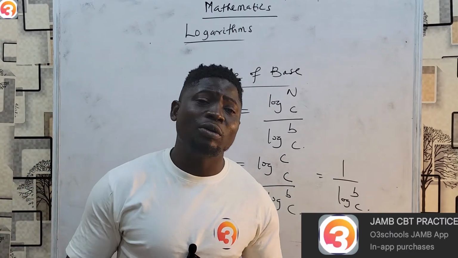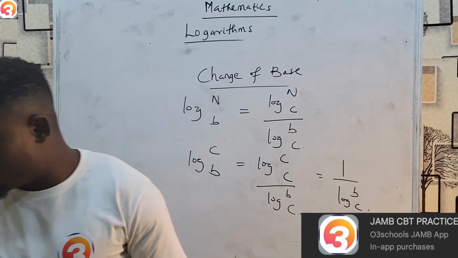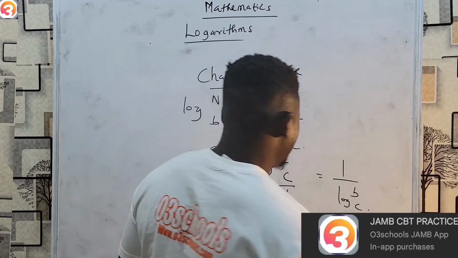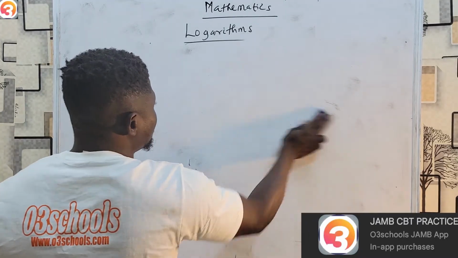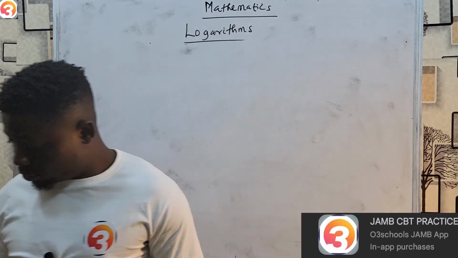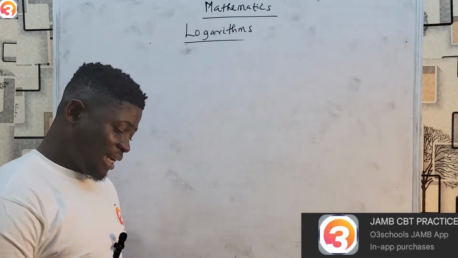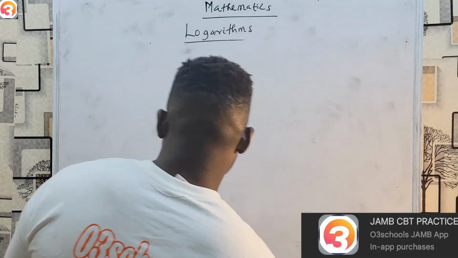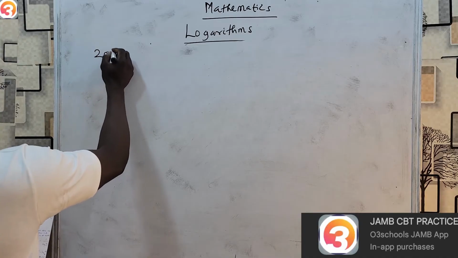So these are just the two ways we can interchange. We can use bases that are convenient for us in change of base to solve, so that we can get a final response or an answer that is convenient. So now we are going to take some examples, so that we can quickly shut down for today. All right, so this is an example, the 2003 question from the JAMB app,